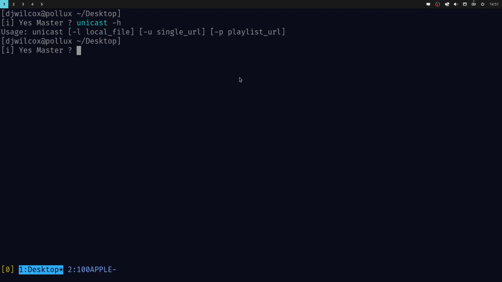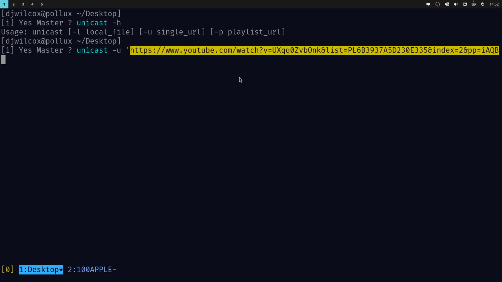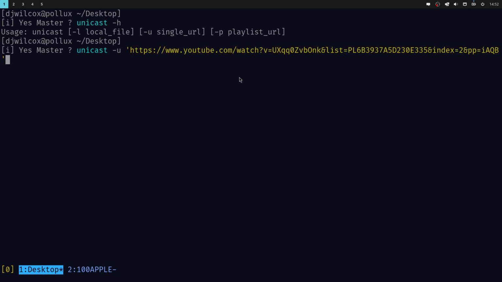unicast -h, to remind myself. So we use the -u option for a single URL. What this does is it uses yt-dlp with the no-playlist option, so that if you copy a URL from a playlist, it will only play that single video and not the entire playlist. Whereas the -p option is for when you want to play the whole playlist. So we'll run unicast -u, put that in,